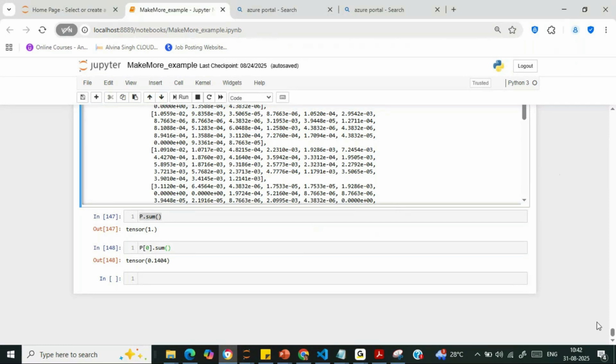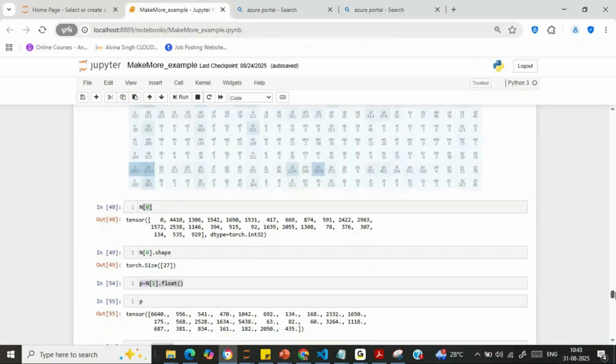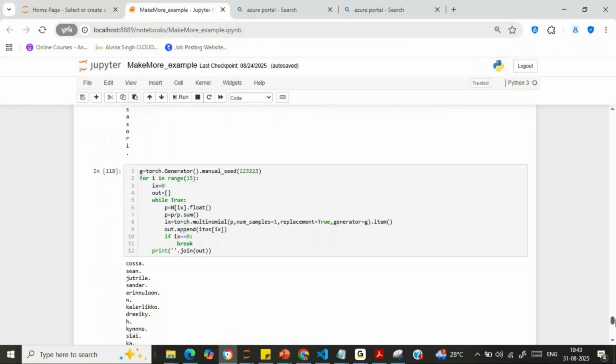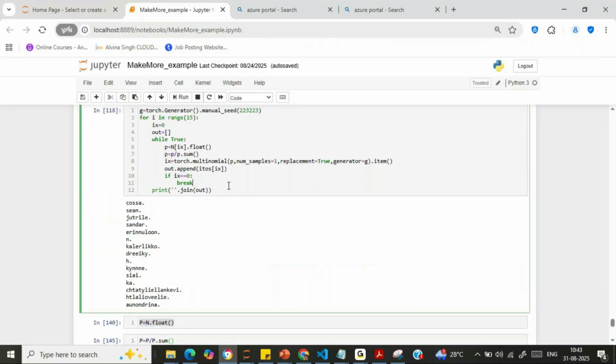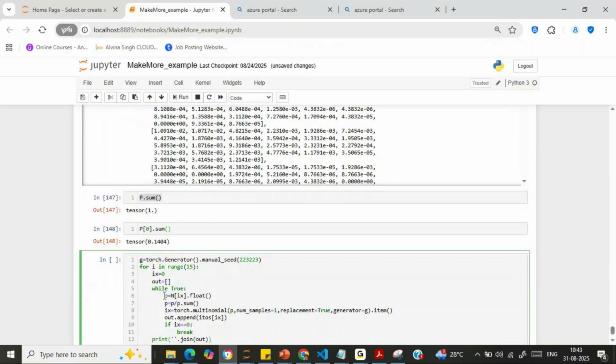So we were having this particular for loop with while. So this was with respect to the single row. Now what I will do,